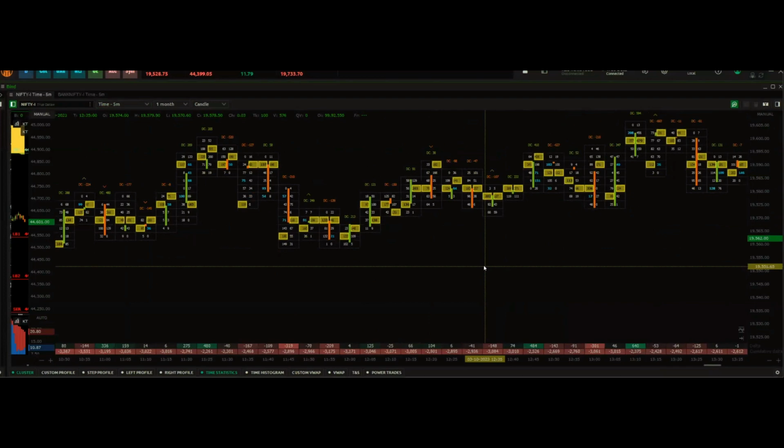What exactly is different? You see certain numbers on the left side of the chart and certain numbers on the right side of the chart. So what exactly do these numbers mean? This is called your footprint chart. In a broader sense, a part of order flow, or you can call it an order flow chart. So what exactly is order flow? Order flow is nothing but visualizing the orders that are flowing into the markets, that have been executed by all the participants in a particular instrument or in a market.